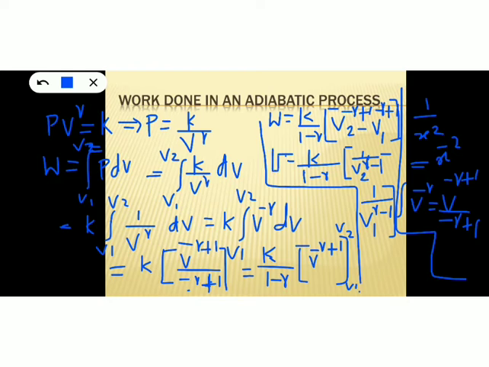It's not over. We need to rub these things and we need to start again for the rest of the derivation. So the total work done W equal to K by 1 minus gamma into 1 by V2 raised to gamma minus 1. See, we have just changed the sign of the powers. Minus gamma has become gamma, plus 1 has become minus 1. Okay, so I'll pause the video and you can note down all the steps. After that I will do the rest of the steps.